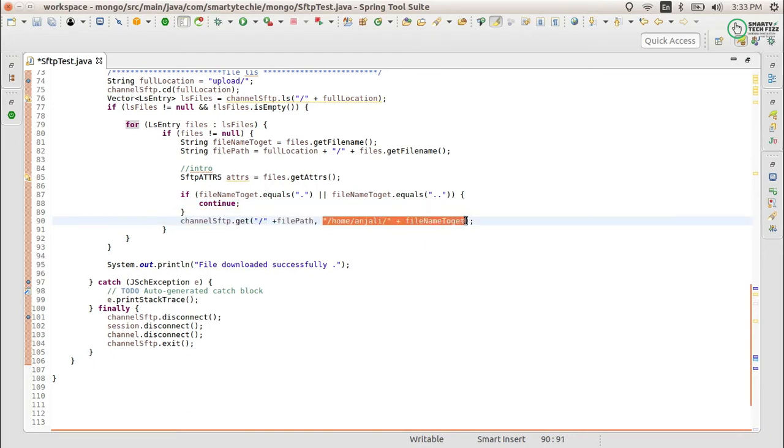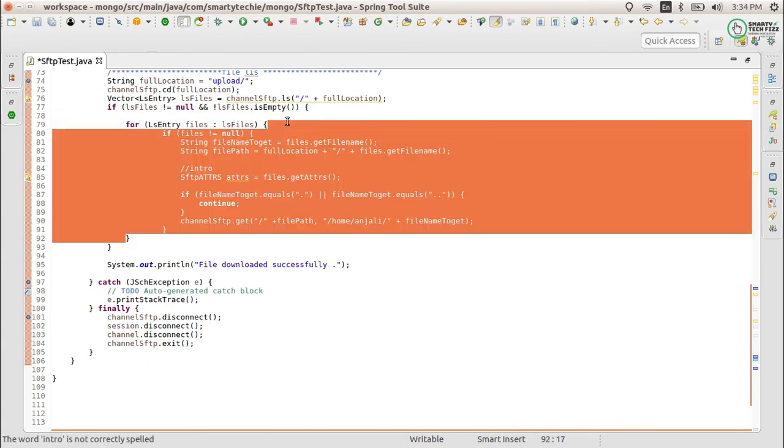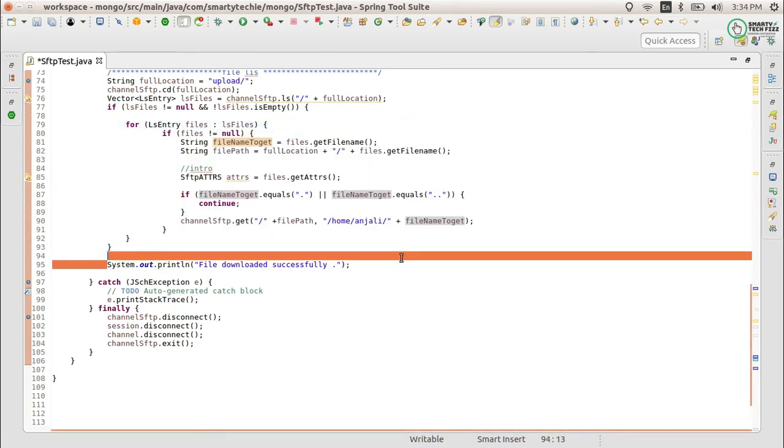I want to download my file to this location, so that is why I have provided the source and destination. As we already know, the source is the full location we have, and this is the destination location. This is the only code we need to write while downloading multiple files from the remote server using SFTP. At last I'm just printing the line that the file was downloaded successfully.